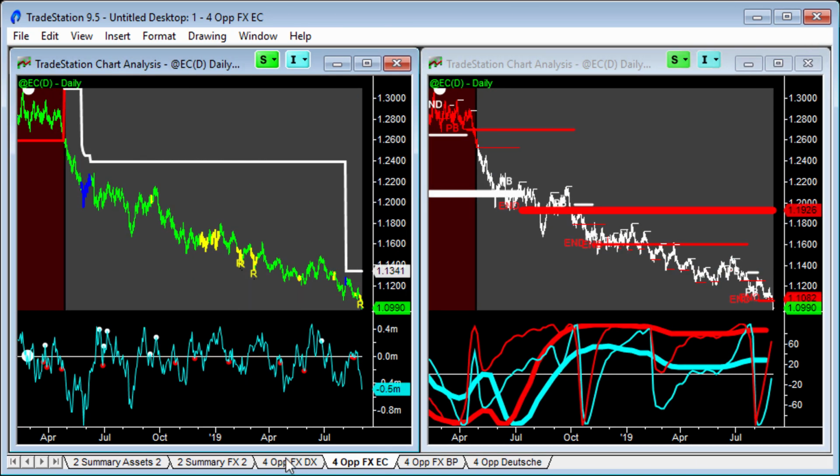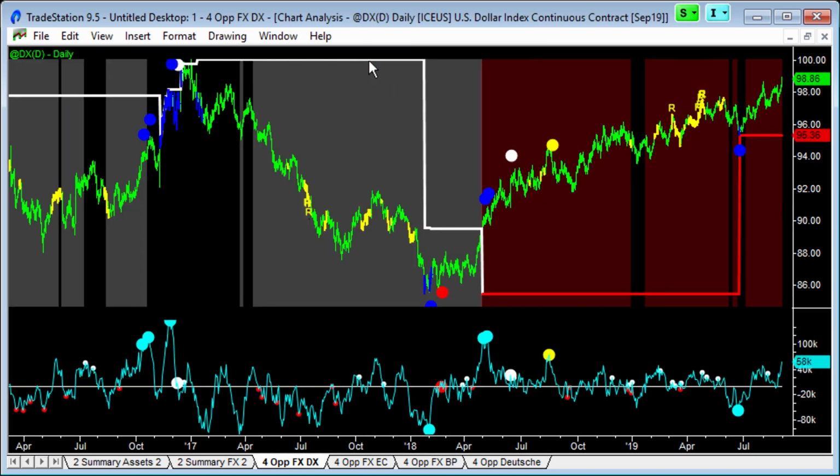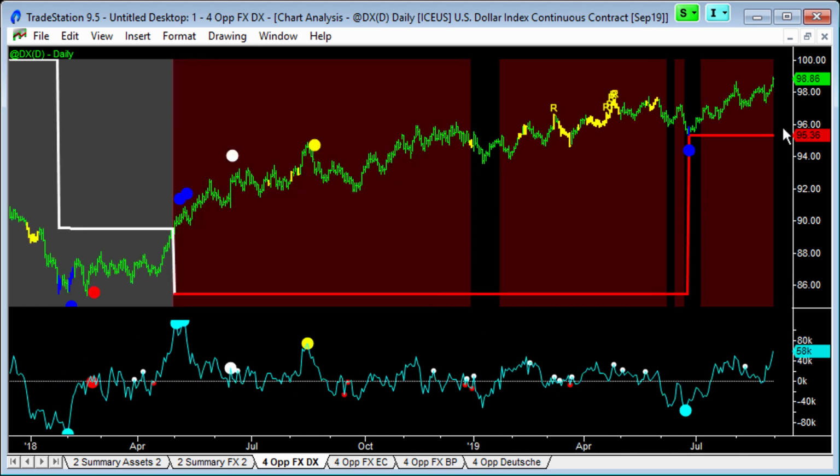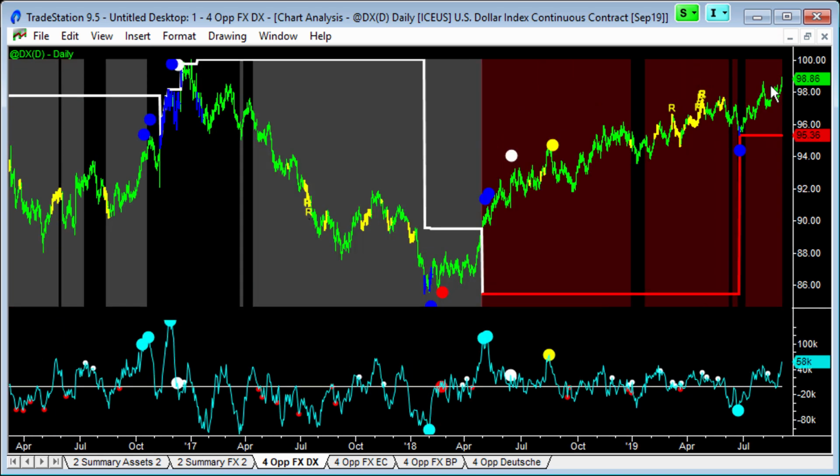The euro is the largest component of the dollar index, representing about 55-57% of it. And so essentially what we're seeing on the dollar index is the mirror image of that euro chart. Again, the last time we saw a blue professional bar, they were picking up this low at 95. They held it at that point with exhaustion sell. We do not have exhaustion buy or blue professional bars on the upside.